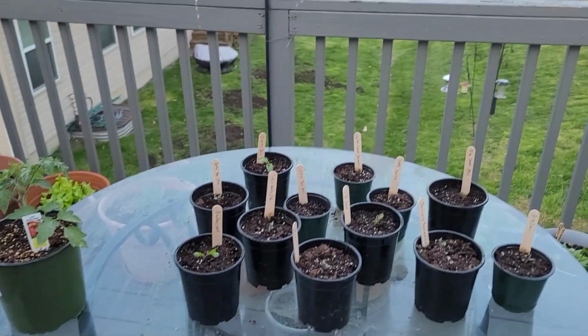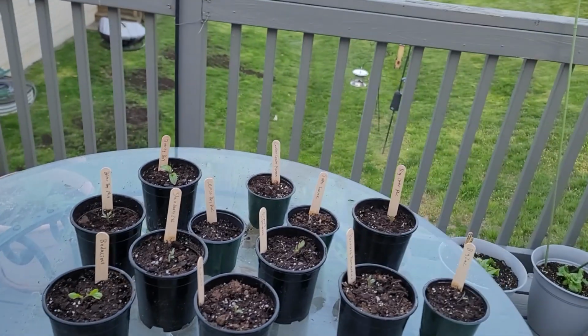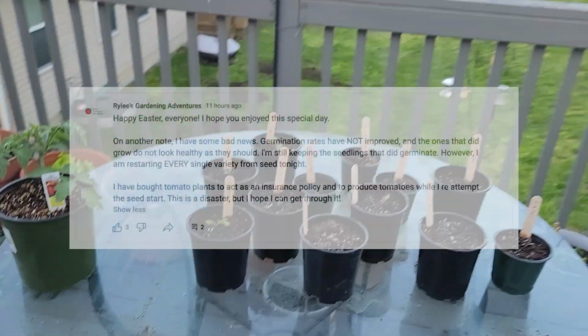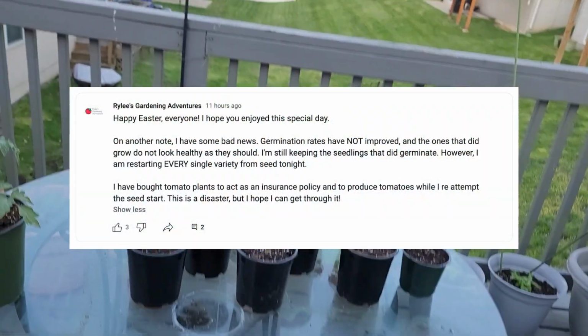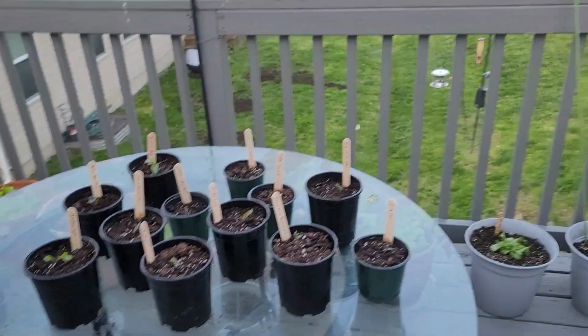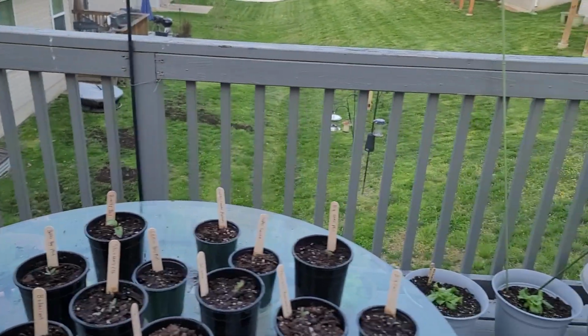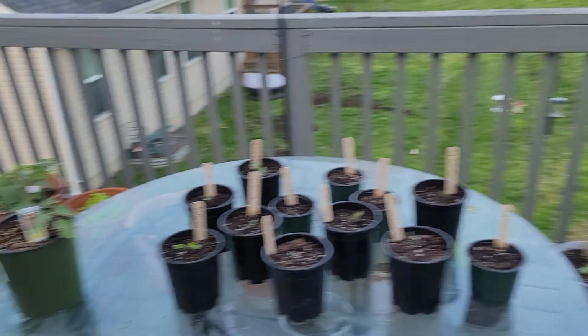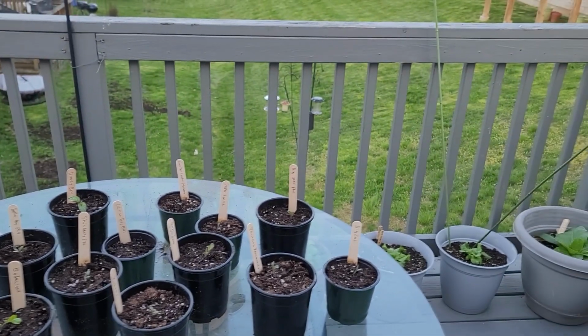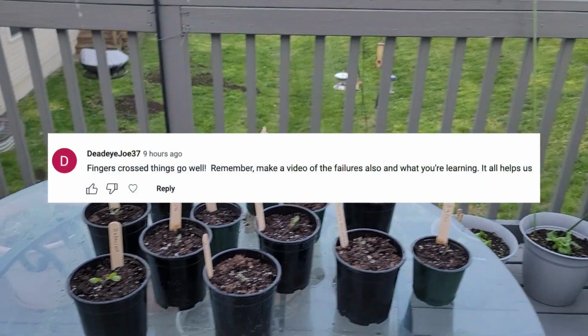But today, this morning, I'm going to give an update about what happened. So in a community tab, I revealed that my tomato seed starting hit a big roadblock, and I've had terrible germination rates, and the ones that did germinate did terribly. I wasn't really planning to showcase this, but I had an idea from Dead-Eye Joe to make a video,